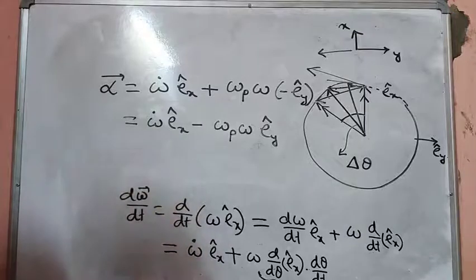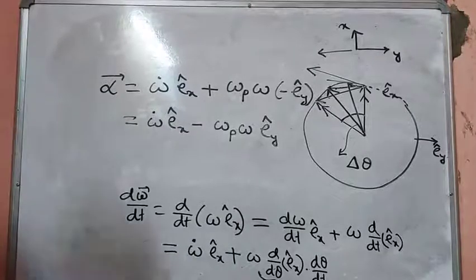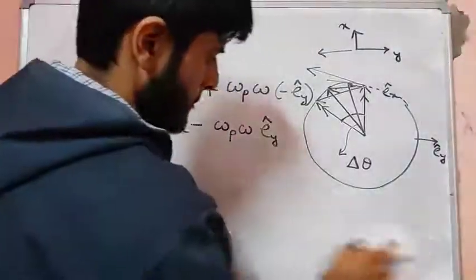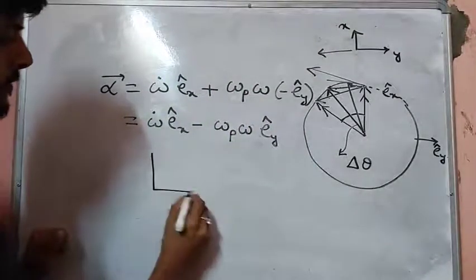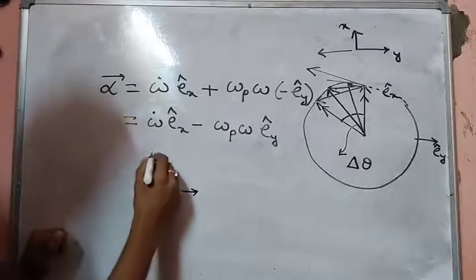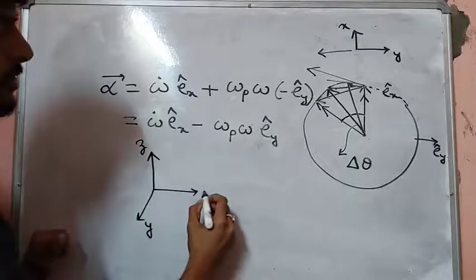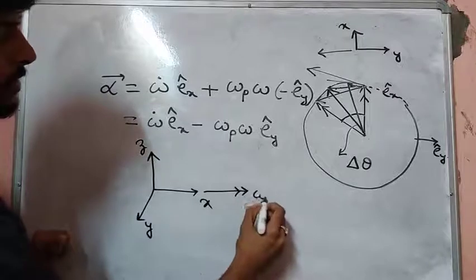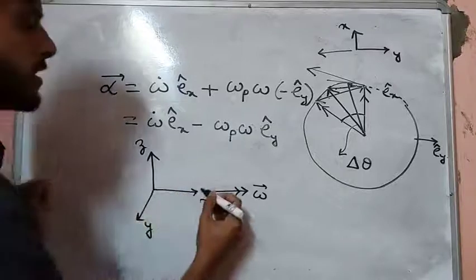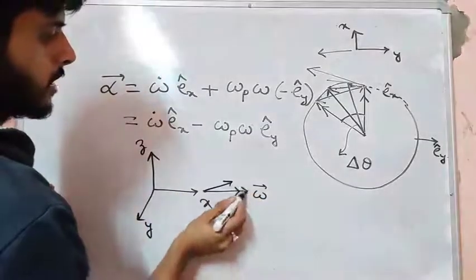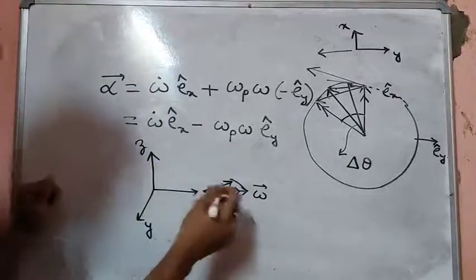So what type of coordinate system have we taken? We have taken a right-handed system. So this is our z-axis, this is our x-axis, this is our y-axis. The angular velocity is in this direction initially, omega vector. If it is turning in this direction, in a horizontal circle along the xy plane,